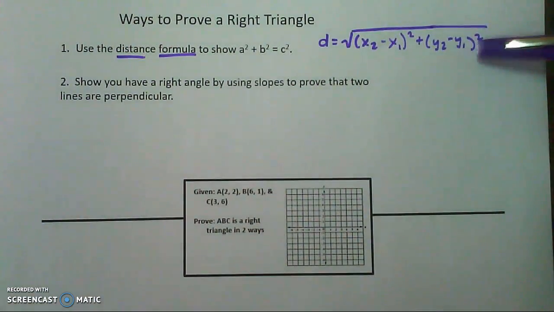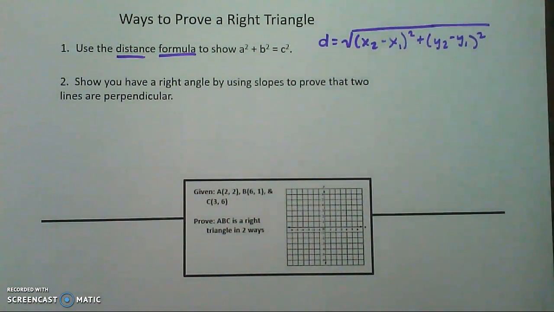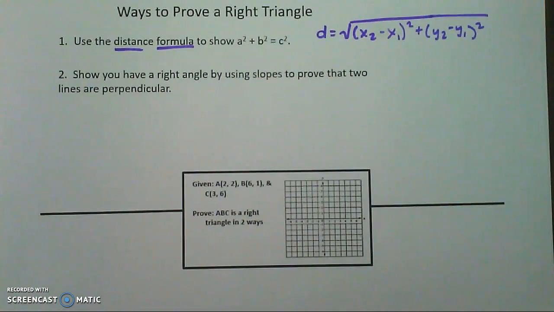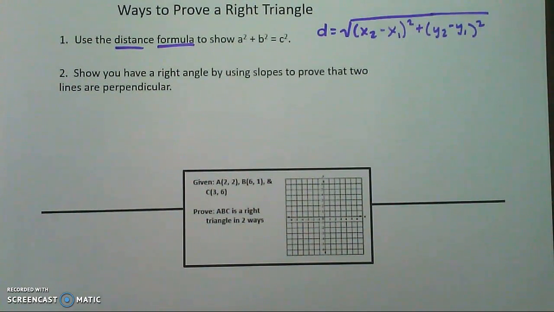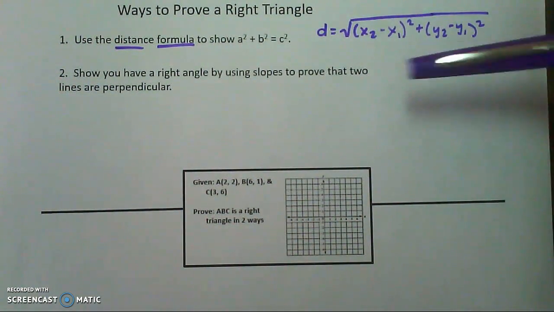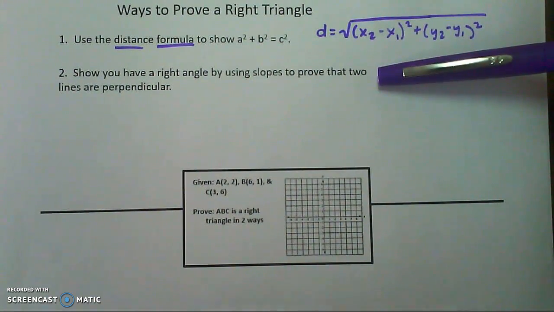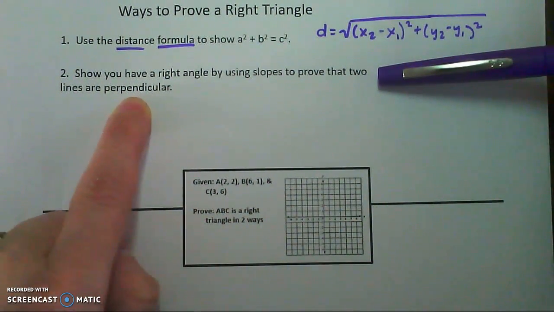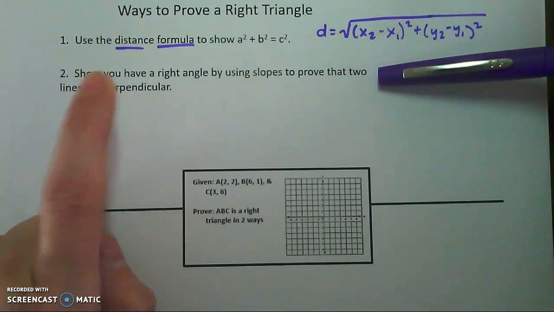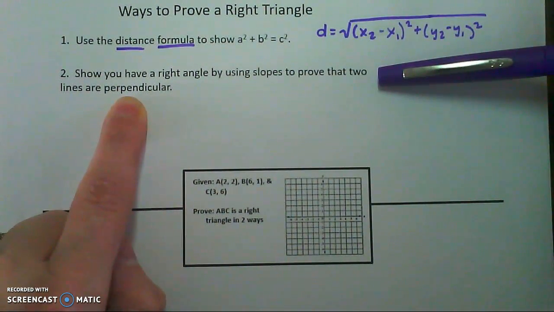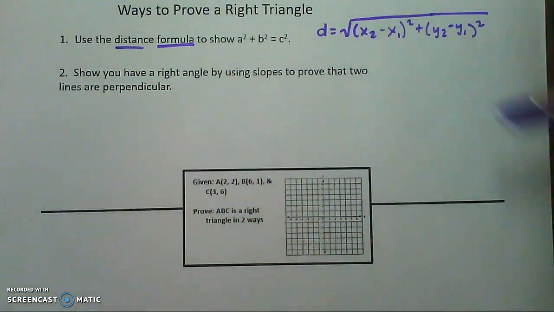equal to c squared. The other way that we can prove that a triangle is a right triangle on a coordinate plane is to show that we have two slopes that are opposite reciprocals, or two slopes that are perpendicular, which is something that we've discussed in this unit. Perpendicular lines have slopes that are opposite reciprocals of each other. So we'll go over both ways to prove that a right triangle is a right triangle on a